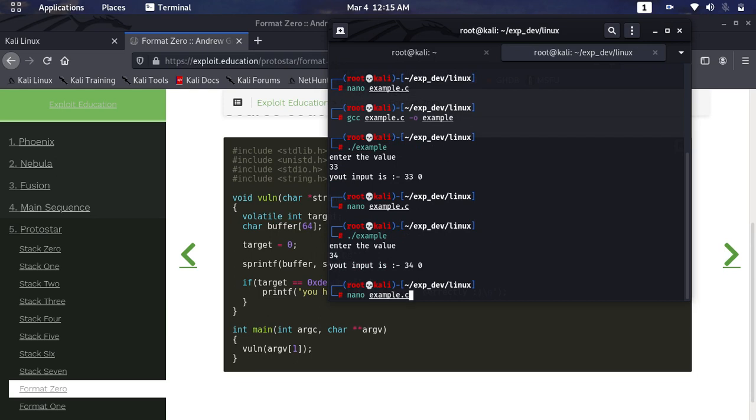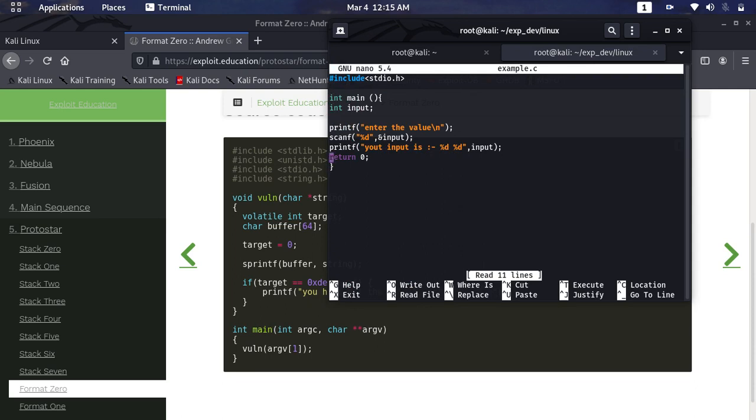So basically, a format string basic overflow is a format specifier issue. If we examine this, as you can see,